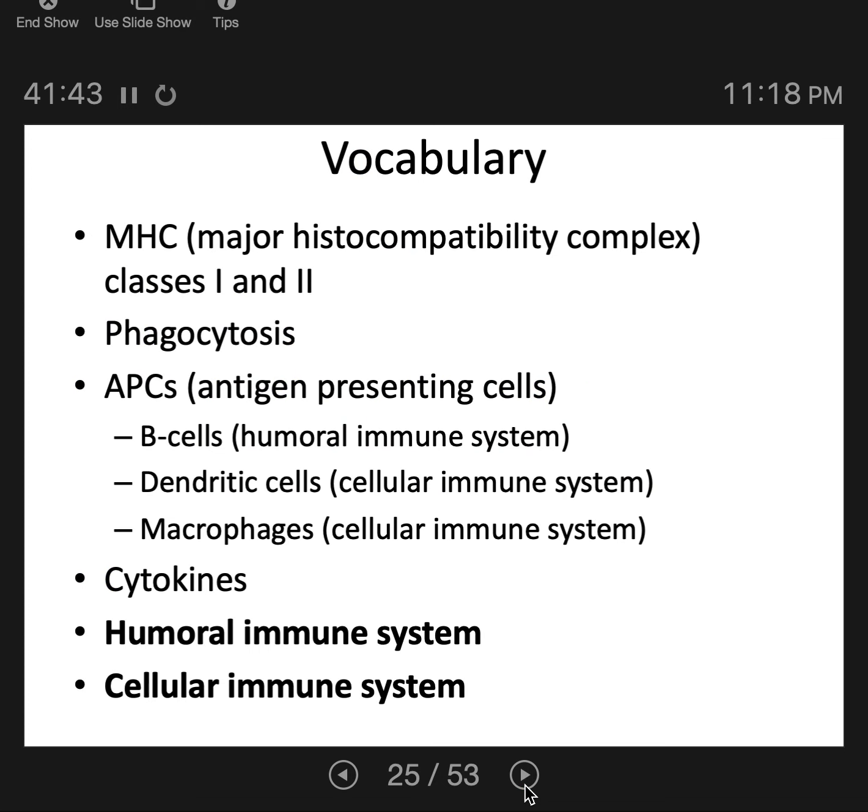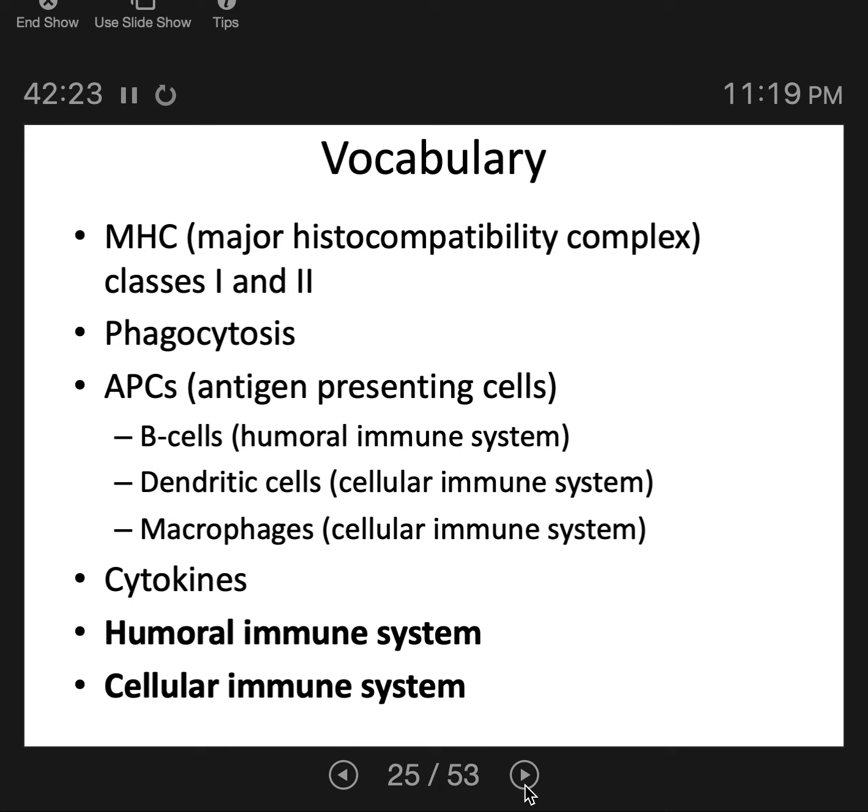All right, and the final two words here are humoral immunity and cellular immunity. So at the beginning of this chapter, we talked about how there are two types of immune systems, the innate and the adaptive immune system. Zooming in closer into the adaptive immune system, there are additionally two branches of the adaptive immune system, the humoral and the cellular. The humoral immune system targets pathogens in the extracellular space, the outside of cell space. And so that means in the body fluids. So your humors are your body fluids. So the humoral immune system is attacking pathogens that are floating around in your body fluid.